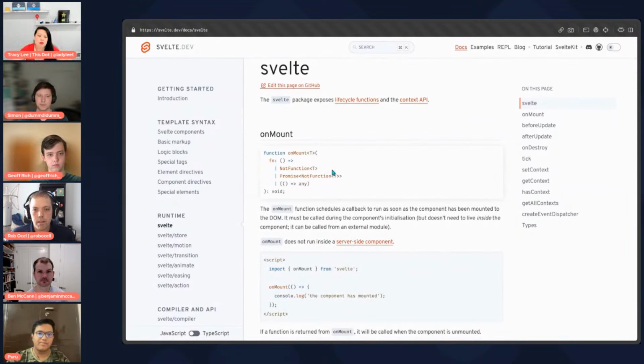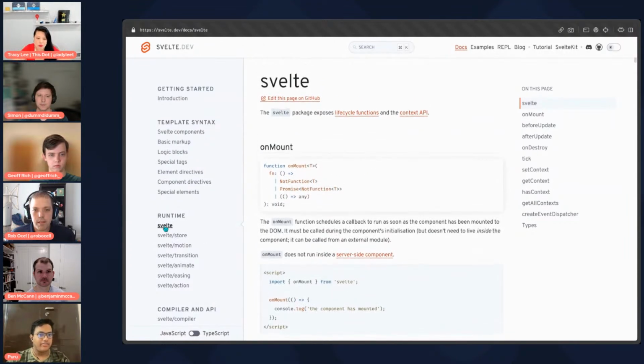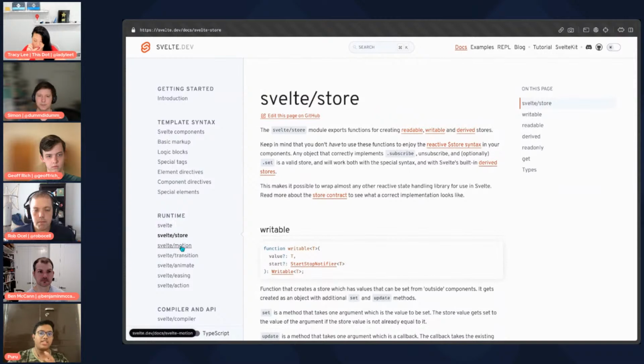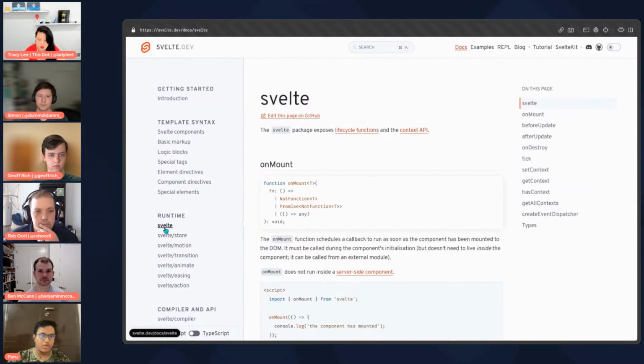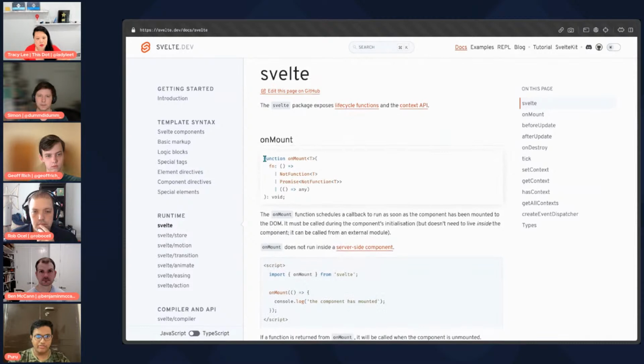This is a bit of a special thing. As you can notice, we have separate pages for every single Svelte module. So if you want to use Svelte stores, you import them from svelte/store, and they're right here. Motion is here. Motion is where you get your nice spring and tween. Anyways, going back to Svelte, as you can notice, just under the function name onMount, you can see this little bit of information, function onMount, and so on.